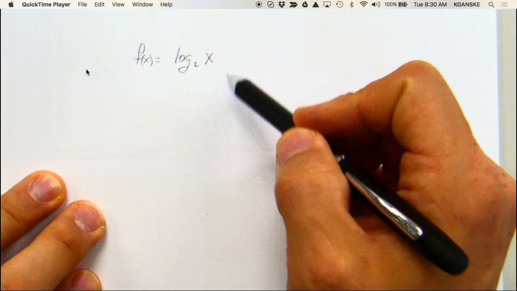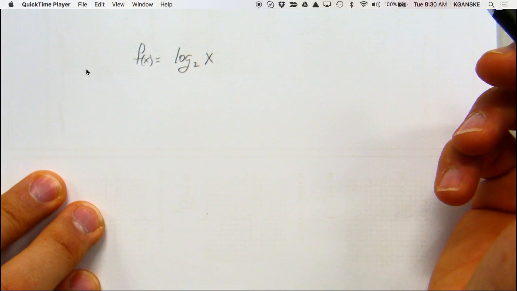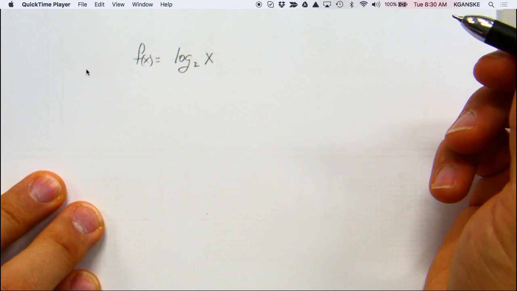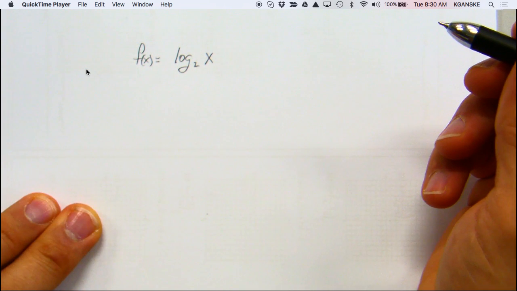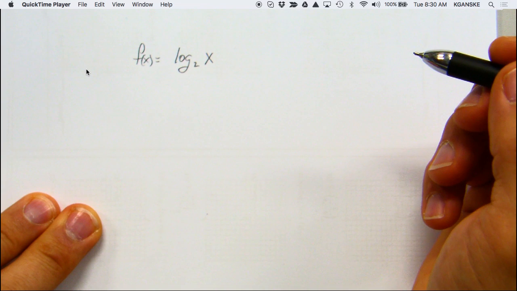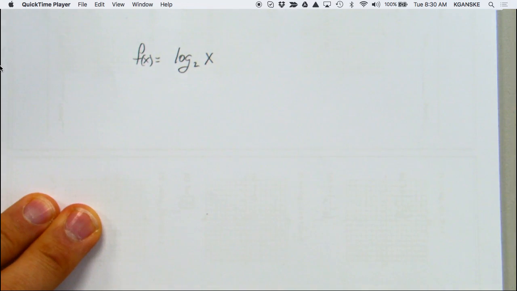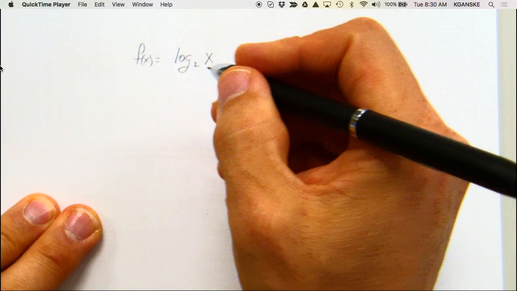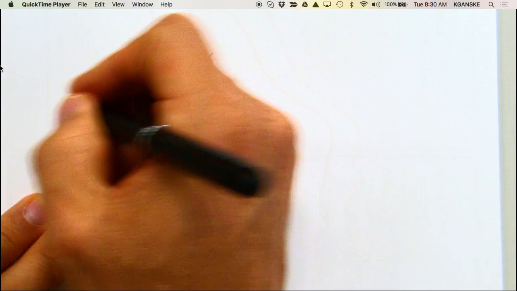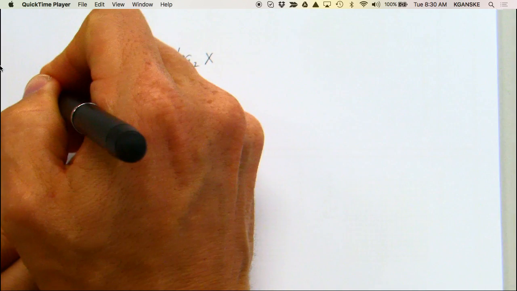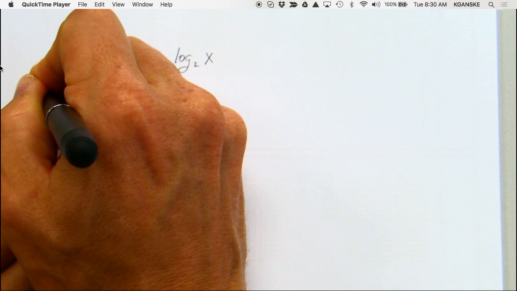So let's try and make a graph of log base 2 of x. This is kind of like your parent graph for this. So I want to do it by way of a table. The big idea here is to choose